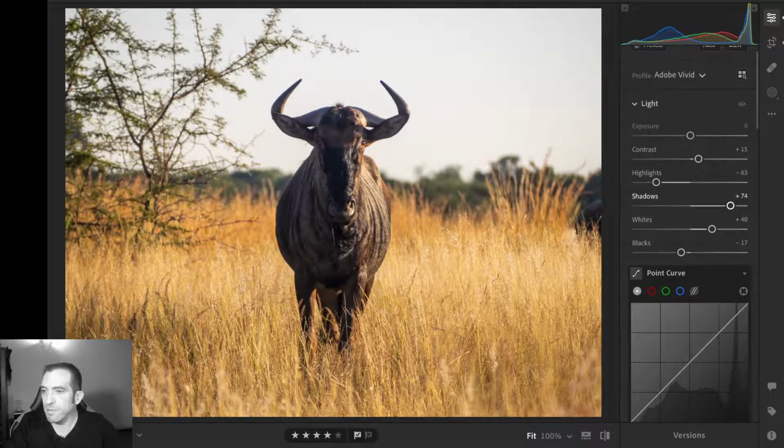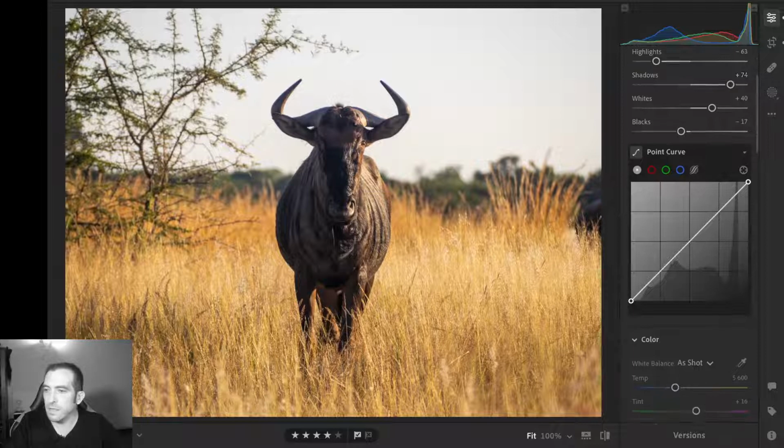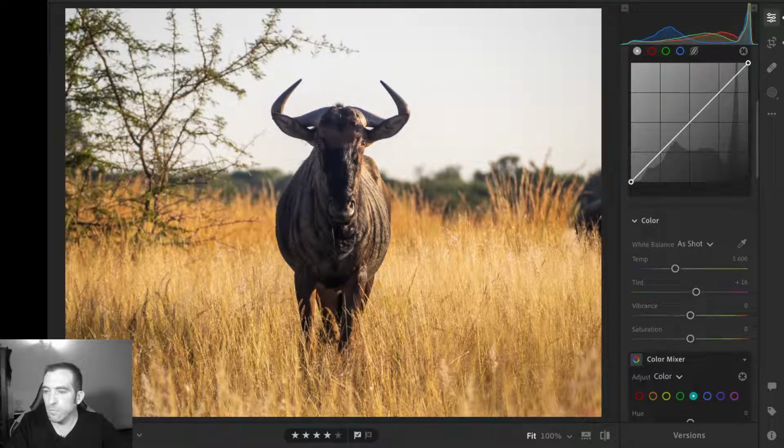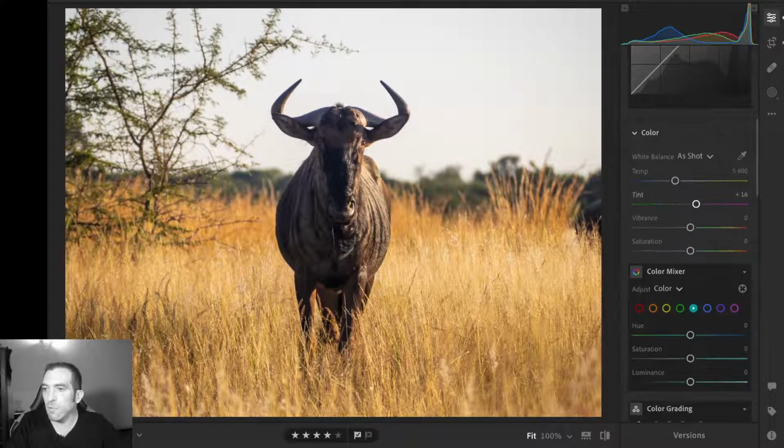I think that covers the light panel for now. We're just going to leave that there. Normally I would spend a bit more time there, but I'm happy with this. My white balance is as shot, and like I said, it was late afternoon, almost sunset. It was a bit of a warmer scene, but my white balance was as shot and my camera was set